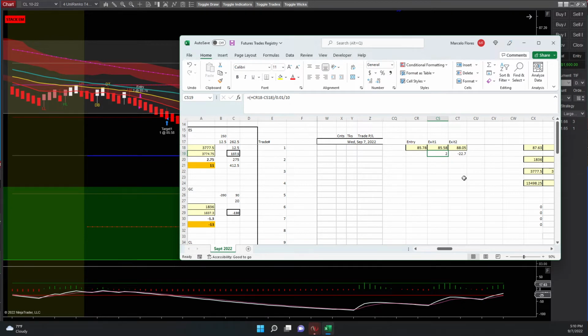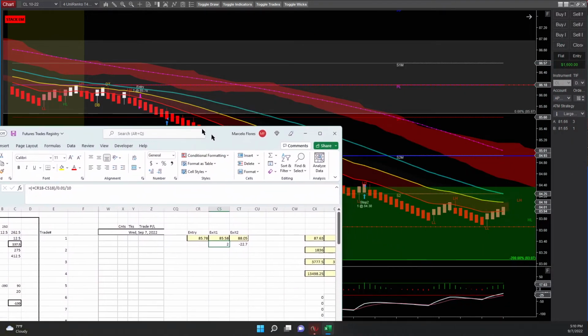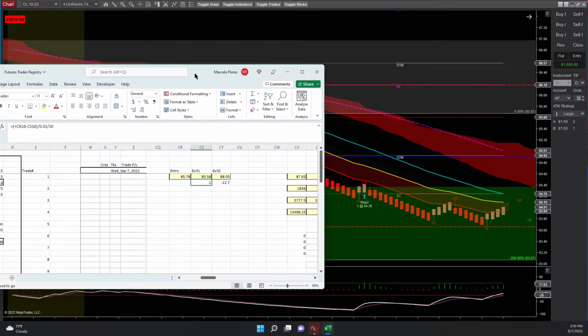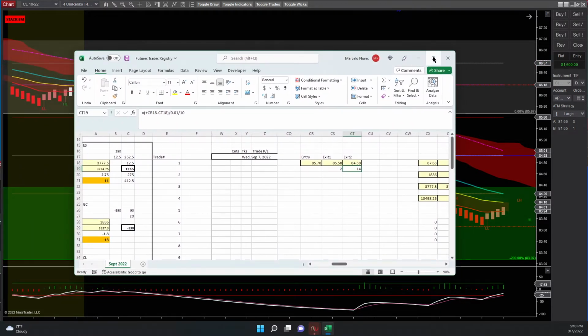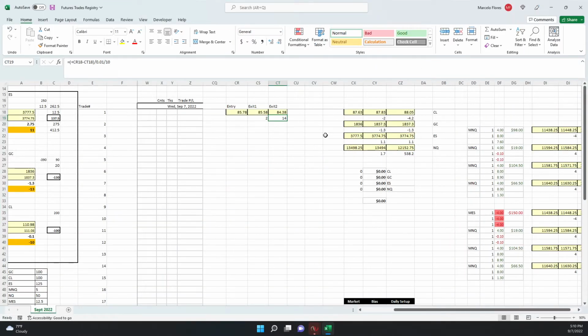Okay, so I do have 2. Okay, and then the second target was at 84.38. Okay, 84.38. So what you have here in this case is that you trade CL,